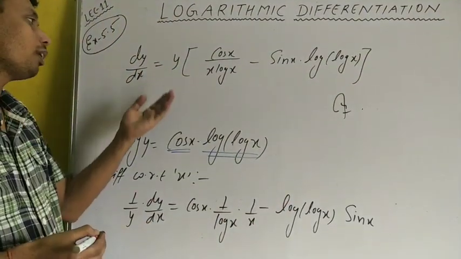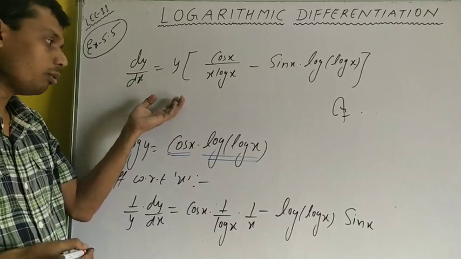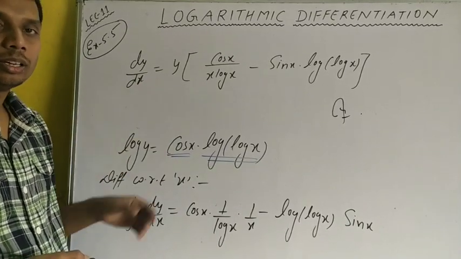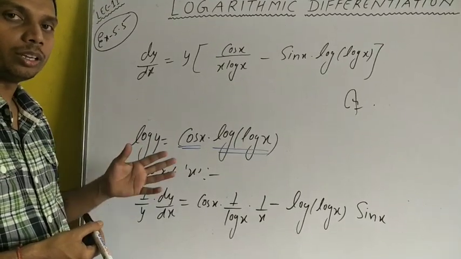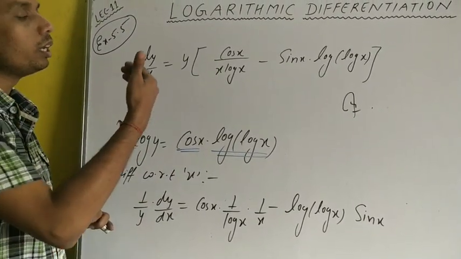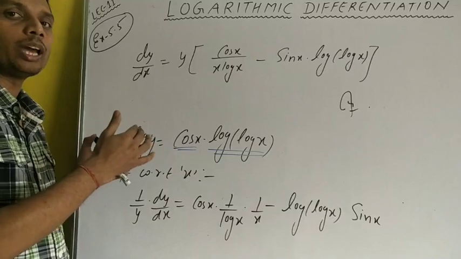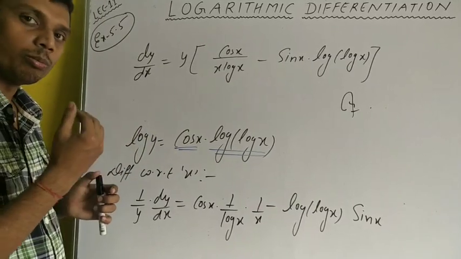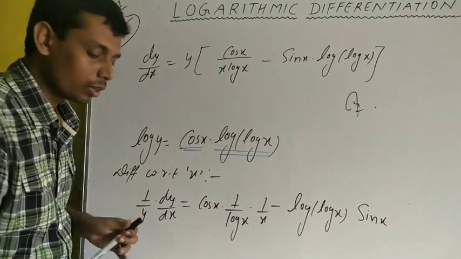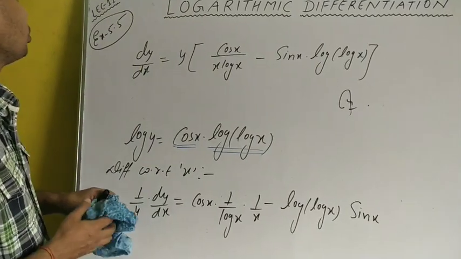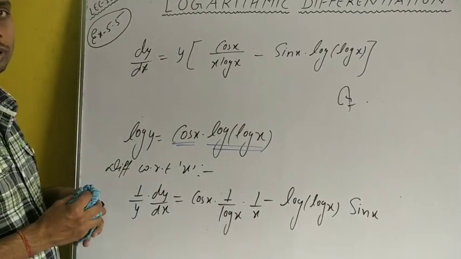You substitute the value of y and simplify it further, or you leave it here only. This is the required answer, you will get the complete mark. But if it can be further simplified, you simplify it. Always the answer is represented in the simplest form. So this was question number 3. Now let us start with question number 4.